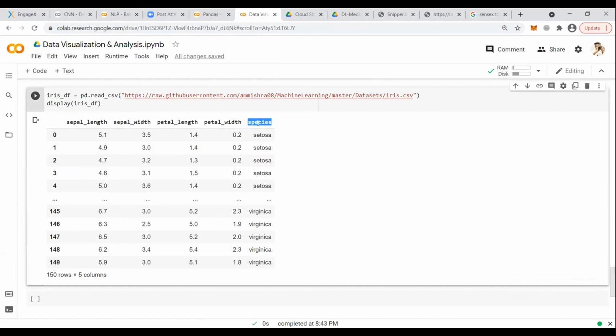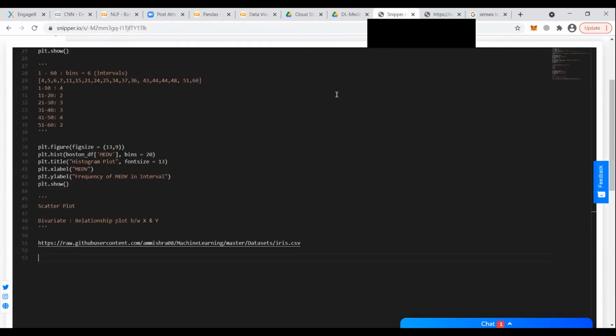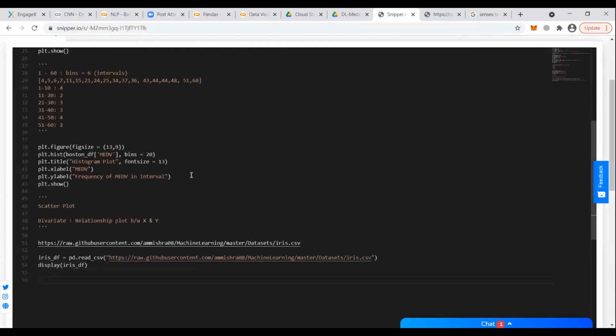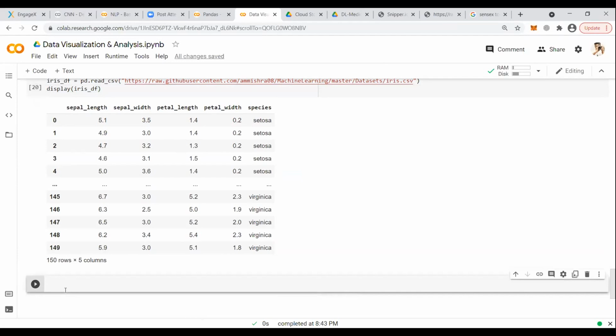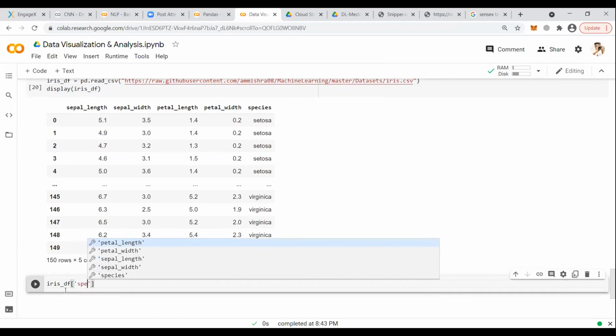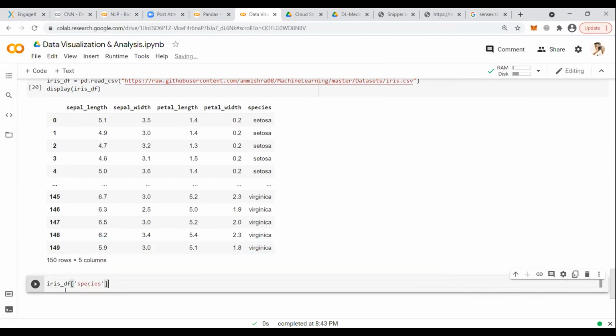And there are species: Setosa, virginica, and versicolor. Iris_df, species.